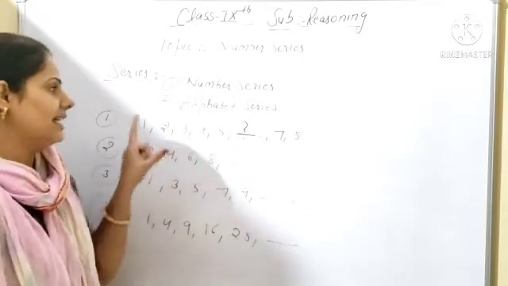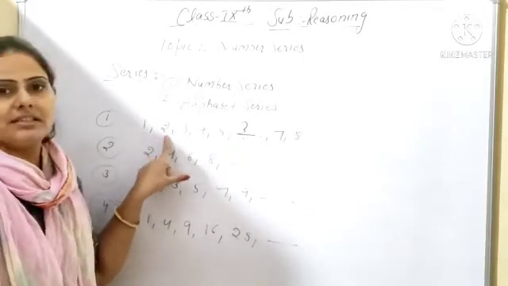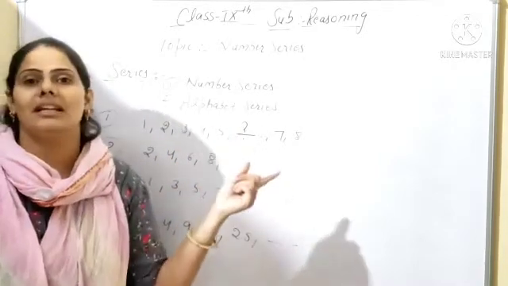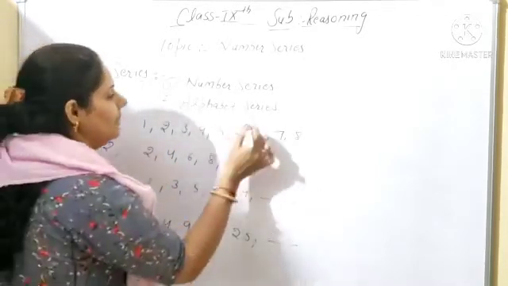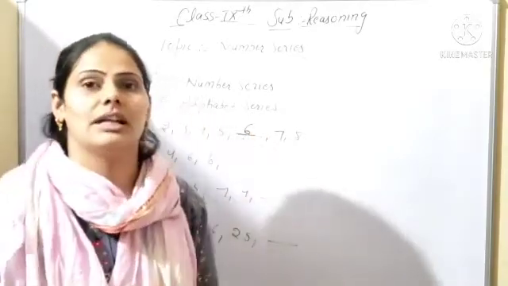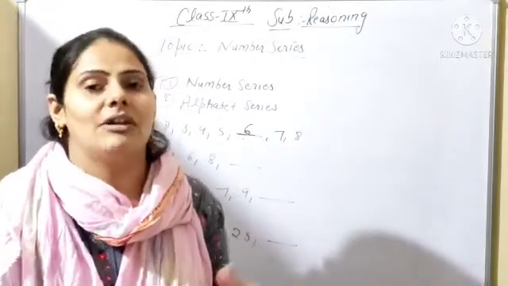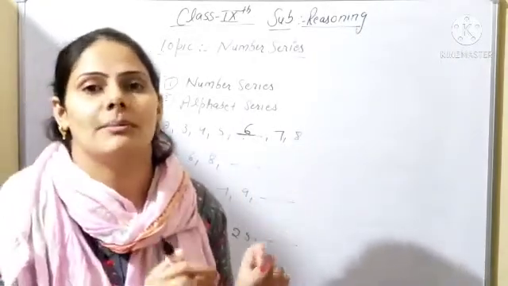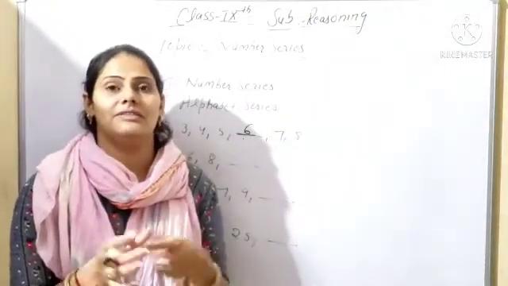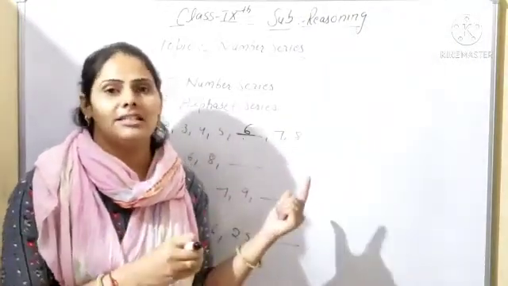So you can recognize the pattern, beta. After 1 the next number will be 2, after that 3, after that 4, after that 5. So what will be the next number? Simple, you can say it will be 6. Clear? So like that some number series are given. You have to recognize what will be the next number, or what will be in the middle at the place of the question mark. At one place a question mark will be there. So you have to recognize what number will come at this place.